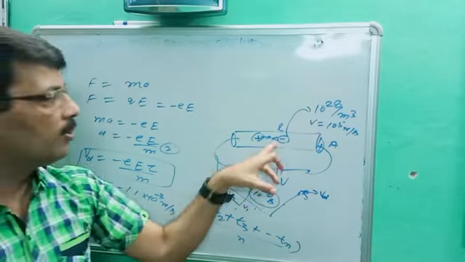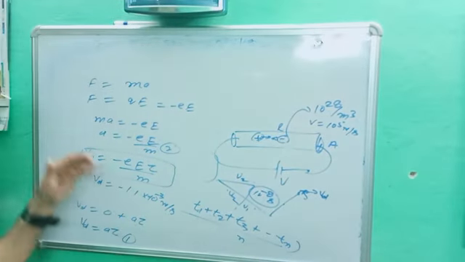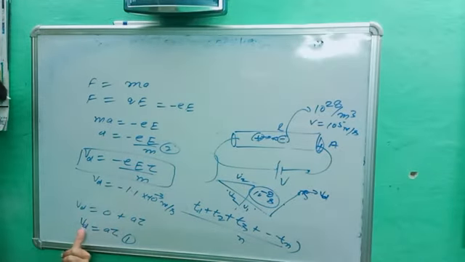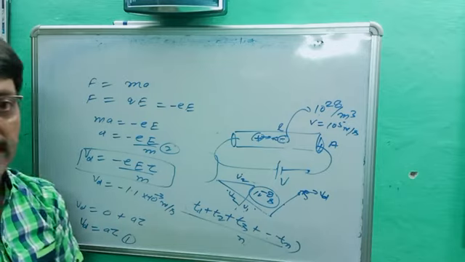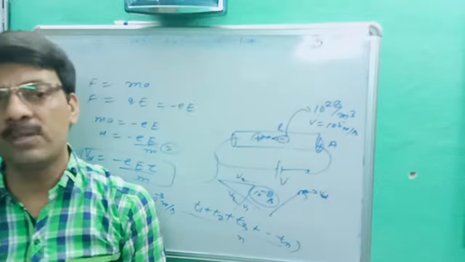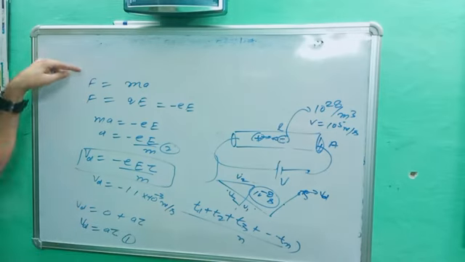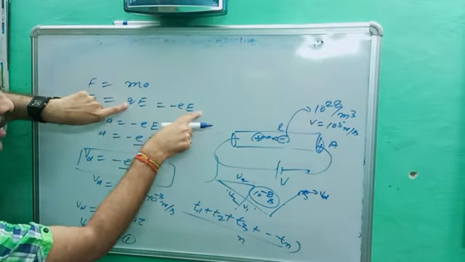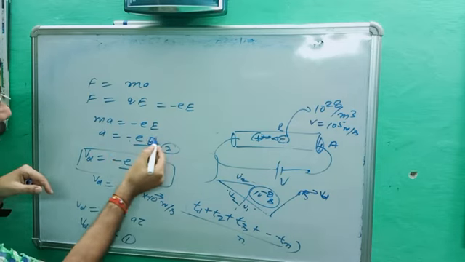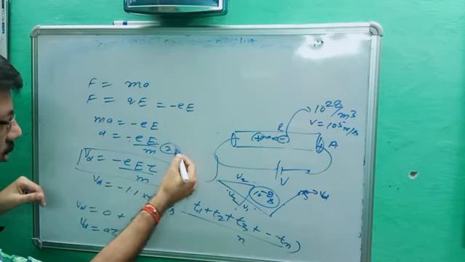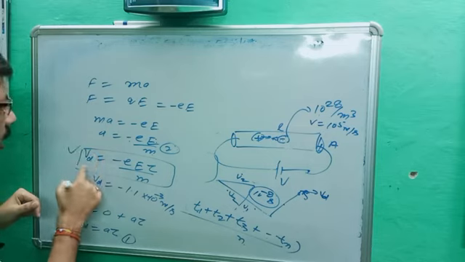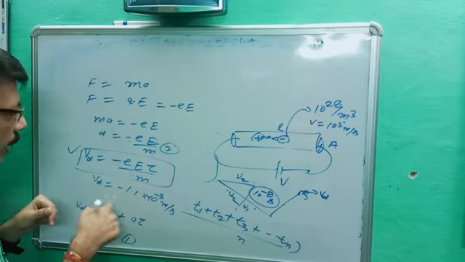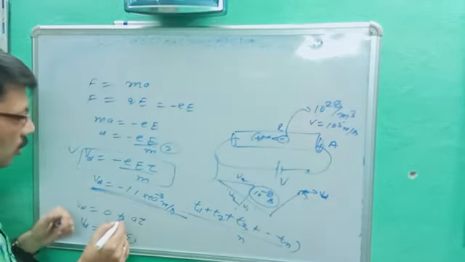Once again, the average velocity of the electron is called drift velocity, and we got the formula Vd is equal to A tau, where tau is called relaxation time, which is the total time taken between two successive collisions. F is equal to ma, F is equal to qE. In place of q, we take minus e for the electron. So A is equal to minus e capital E upon m. We can put the value from second into first. We will get the answer Vd is equal to minus e capital E tau upon m, and its numerical value is very small.